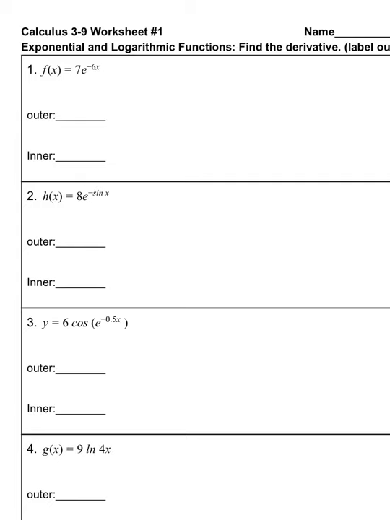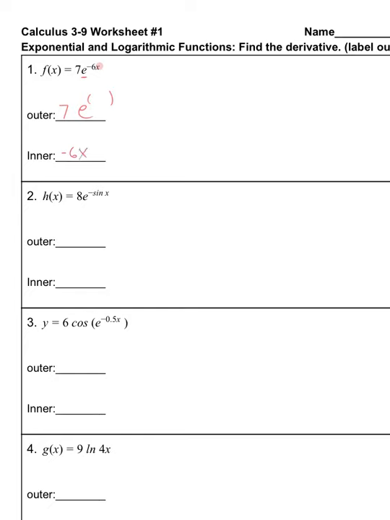Hey calculus, we are going to practice the chain rule with exponential functions and log functions. Number 1, 7e to the negative 6x. Whenever you have an exponential function, whenever your variable x is in the exponent, the base is always your outer function. So 7 comes along for the ride, the outside function is e to something, and the inside function is